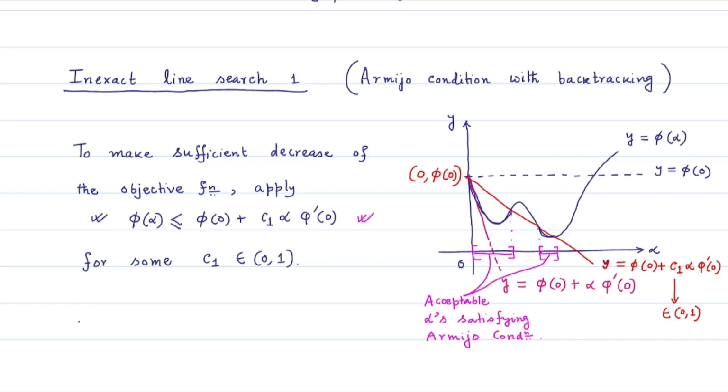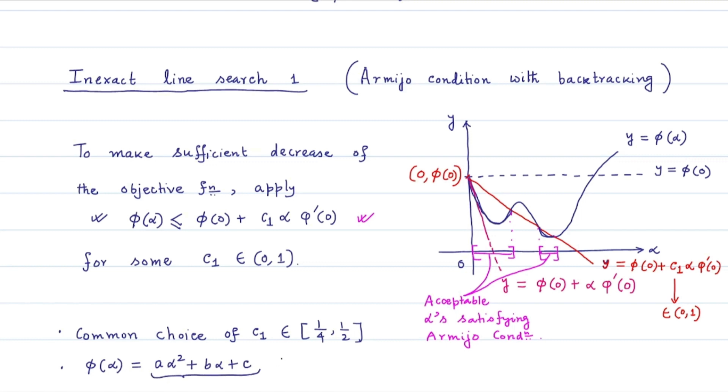A common choice of the C1 value is a value in between, say, 1/4 to half. We restrict the value of C1 to be less than or equal to half because this Armijo condition is satisfied by a quadratic expression of phi. That means if you take phi of alpha equal to some positive value a times alpha square plus b alpha plus c, then you will find that with this quadratic expression for the function phi, the Armijo condition is satisfied only when C1 is chosen to be less than half,